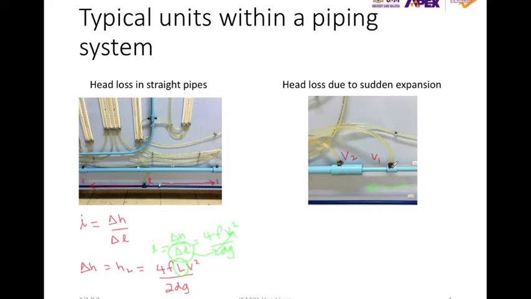Again, we can measure the head loss by looking at the piezometer attached to these tubes to determine the difference in height, which is the head loss. But we can also estimate it using an equation, and that equation is delta H equals HL equals V1 minus V2 square